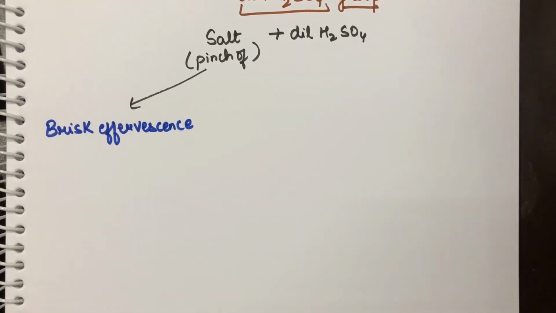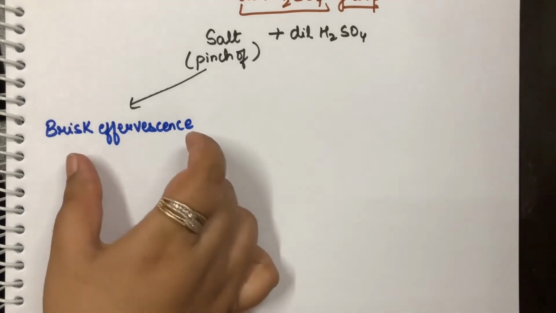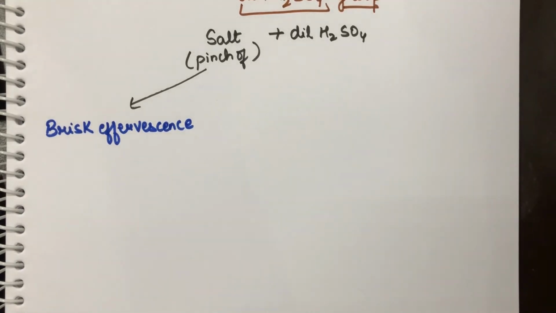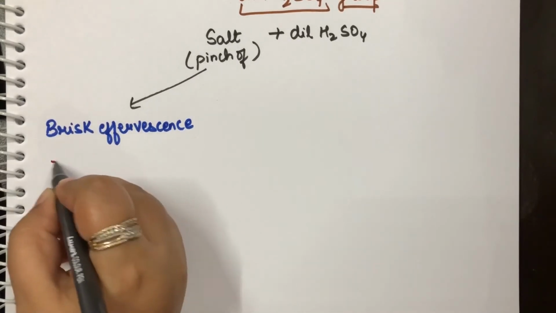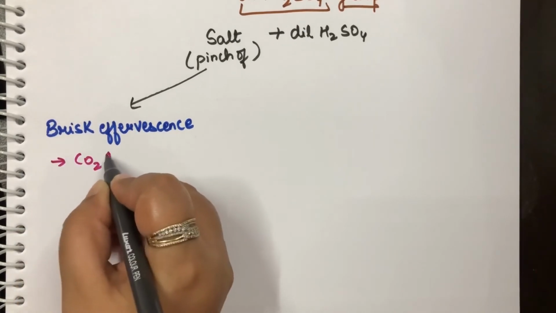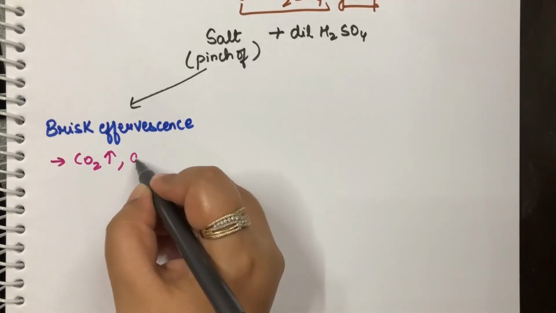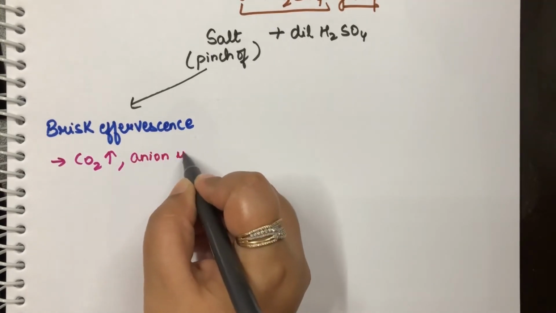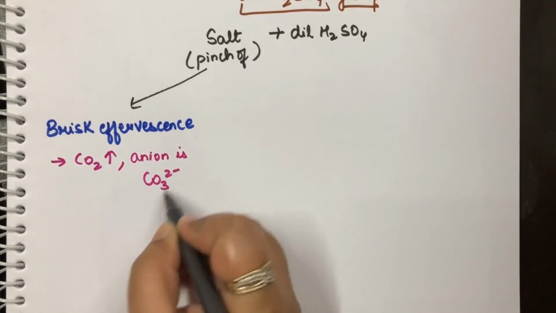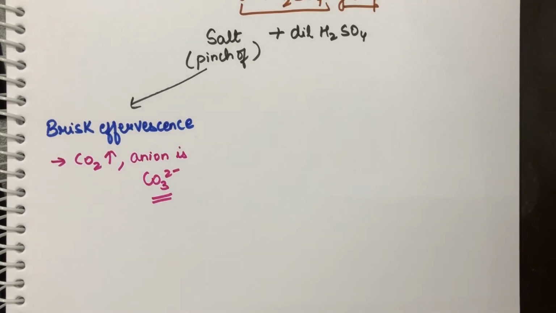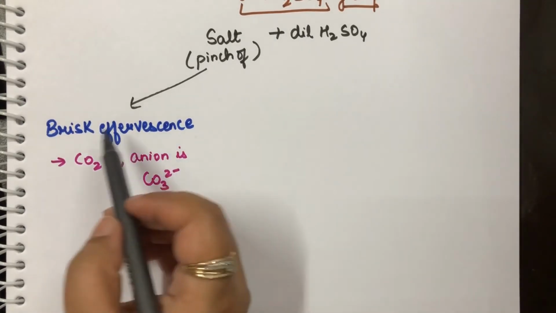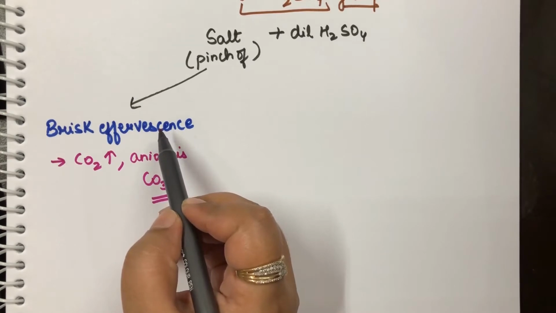So now what is that brisk effervescence? In Hindi you call it as bulbule, right? So ENO-like bulbule, if you see happening in the test tube, then you say that the brisk effervescence is being observed. This brisk effervescence is because carbon dioxide is being released. So if that is the scene that you see, you say that your anion is carbonate anion. So what is the indication that it might be carbonate anion? You must see the brisk effervescence coming out of the test tube.